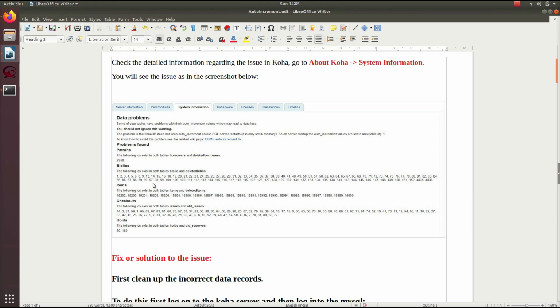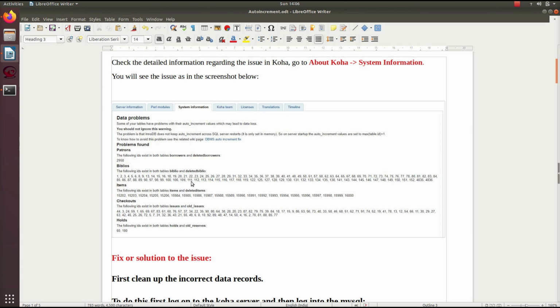Generally it will display the numbers in each table. For patrons, it shows that the following IDs exist in both tables, borrowers and deleted borrowers. Similarly for biblios, these numbers exist in both tables, biblio and deleted biblio.